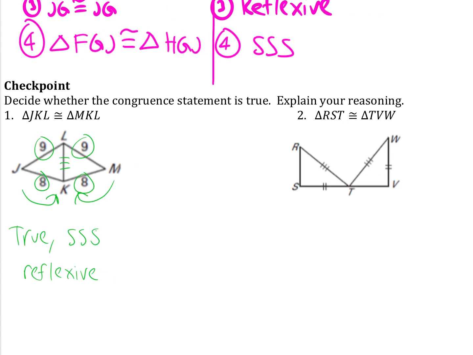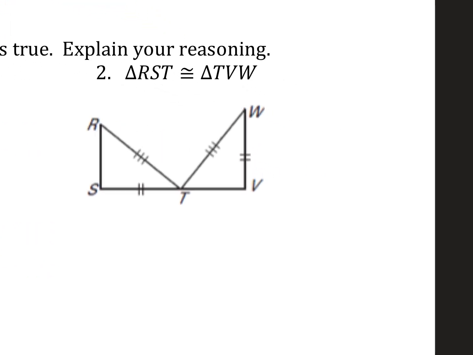Okay? Number 2, RST. So RST is congruent to TVW. Well, look at this. RS is this side right here, and then it goes to 2, and then it goes to 3, so RST. So for this one it goes from no side to 2, then it goes to 3. So it looks like it goes in the right order, but do we have a shared side or vertical angles here? We don't. So we can't assume